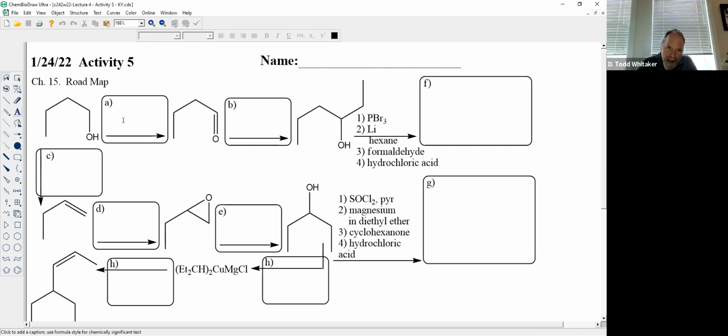You can write that in the box. But it's perfectly acceptable to write PCC in the box. Pyridinium chlorochromate makes primary alcohols into aldehydes. You will be using that reaction no less than 3 times on every exam until the